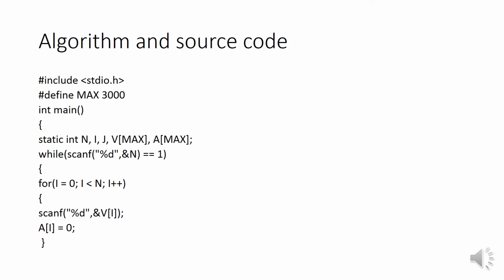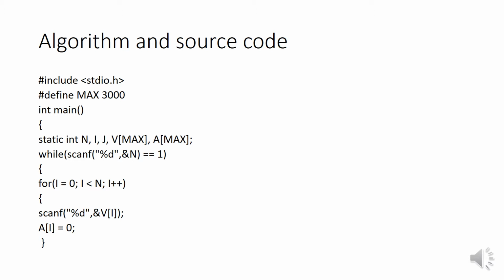After that, we have to execute a while loop until here we scan the number of inputs, that is n. If n is equal to 1, this is the final condition for the while loop. So friends, for i equal to 0, i less than n, i plus plus, another variable we define